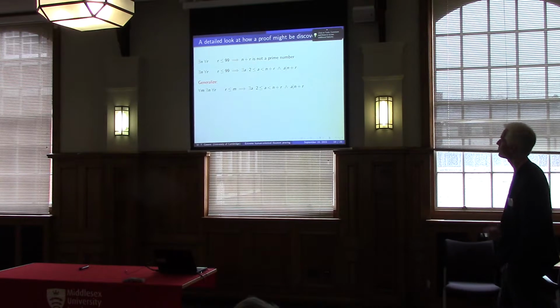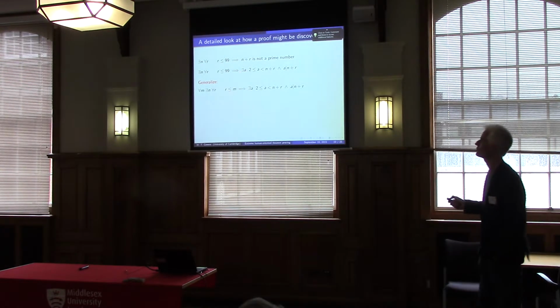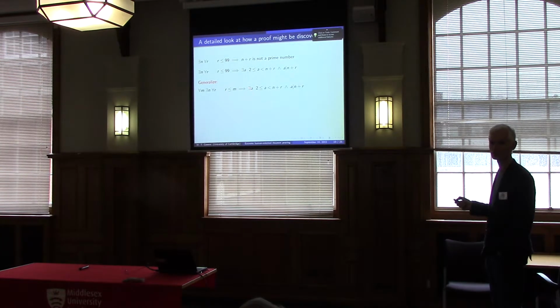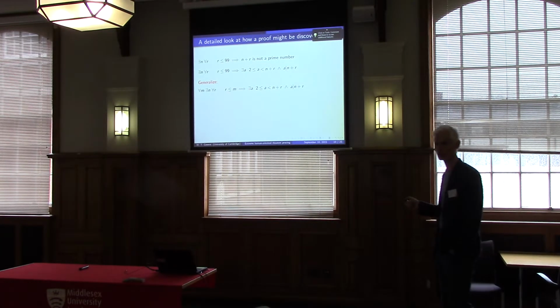Next step. One of the first things that a human would naturally do, though you might not have to, is say this 99 probably isn't absolutely crucial to the problem. Since it's not crucial, it's a bit of a distraction, so let's replace it by some arbitrary integer. Formally we'd be saying for every n, you can find an n such that for every r up to n, n plus r is not a prime.